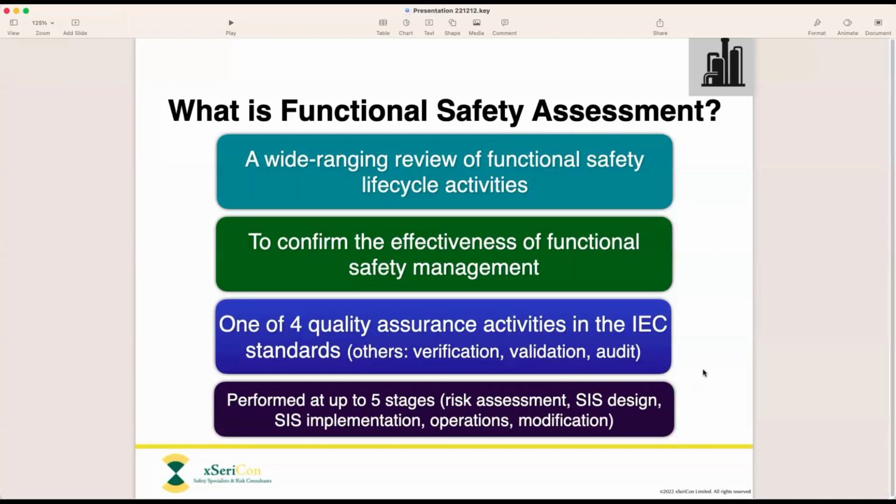And those standards require you to develop a functional safety life cycle, which indicates how you're going to design the functional safety system, how you're going to develop the requirements for it, write a specification for it, and then implement it and manage the life of the system really all the way through from cradle to grave. And part of the management of the system